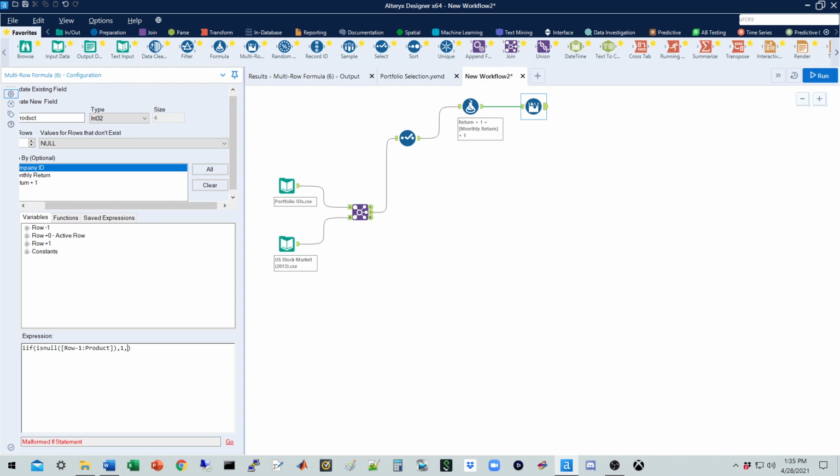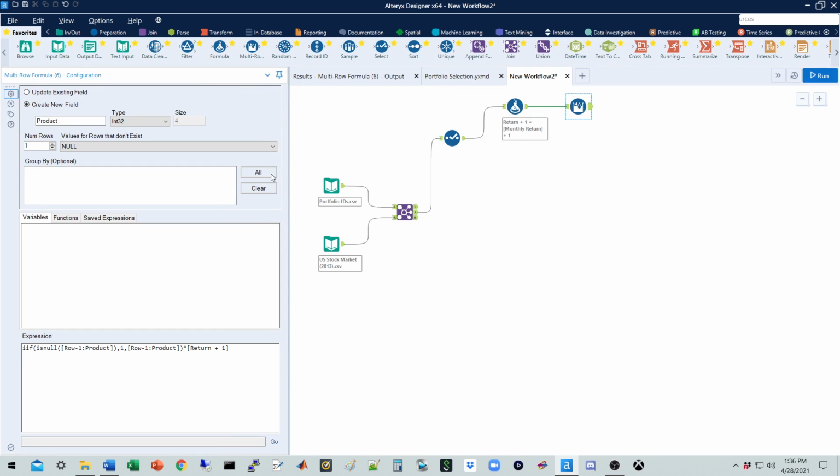Else, if that condition is not true, we want the current row of our product variable to be equal to the previous row of our product variable. Then we're going to multiply the output of this if statement by our current row of return plus 1 variable. Make sure we're grouping by company ID. Yes. So let's run,